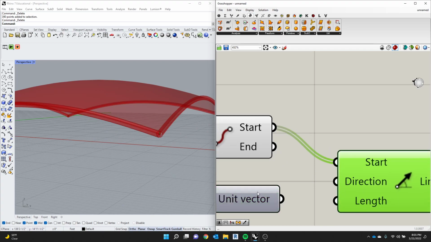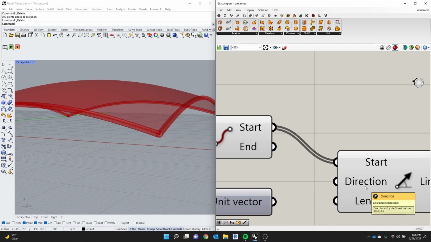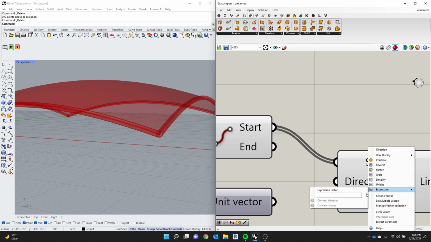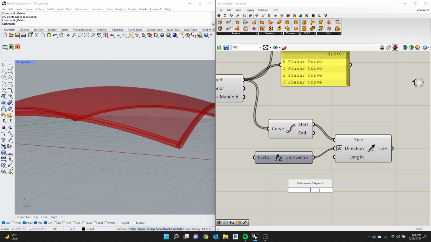So something you can do, I'm just running through some quick stuff here, is add in expressions. On all of these little nodes, if you right click on them, you can say I want to add an expression. If I write in here x asterisk -1, what I'm saying is anything that comes into this node, I want you to multiply it by -1. I think it has to be lowercase, actually. I want it to go the opposite direction. So then if I plug in the vector here, and then I put in a slider,